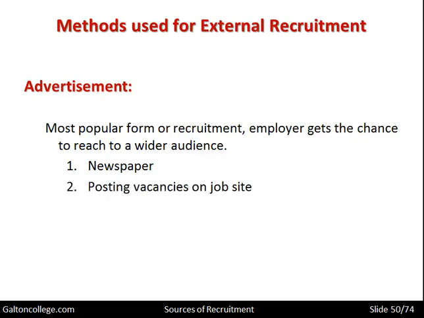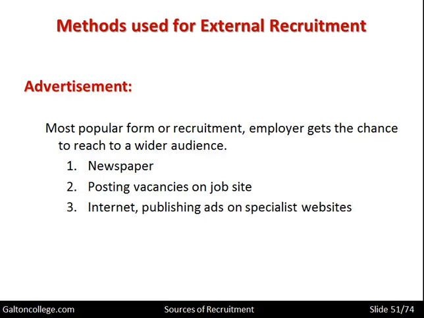So looking at newspapers, posting vacancies on a job site, perhaps online, internet publishing ads on specialist websites. If the company is looking for a sound engineer, then perhaps posting an advertisement on websites that deal with sound equipment